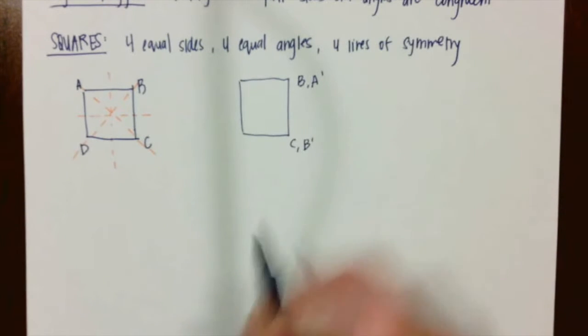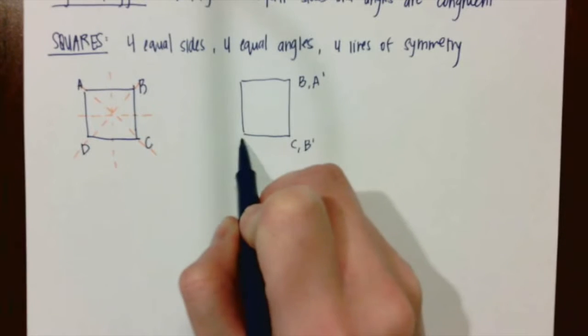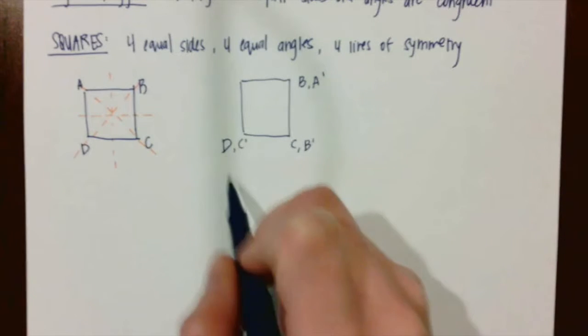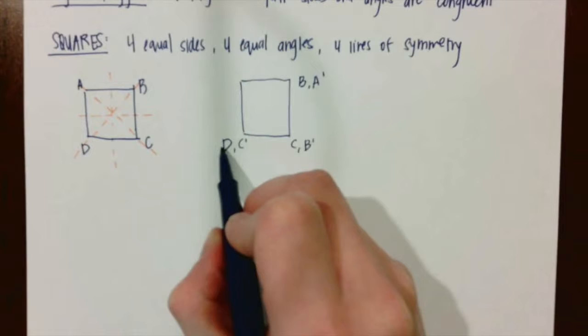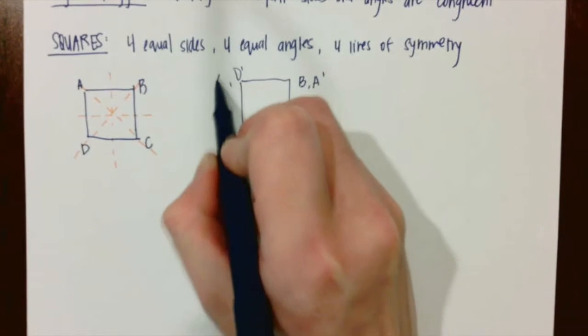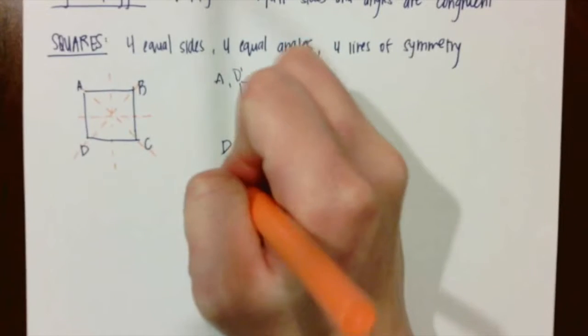Originally that was C. C began right here, and then it twisted 90 degrees to come right here, where we originally had D. When we twist D 90 degrees, it comes up where we started out with A. So what we just did is a